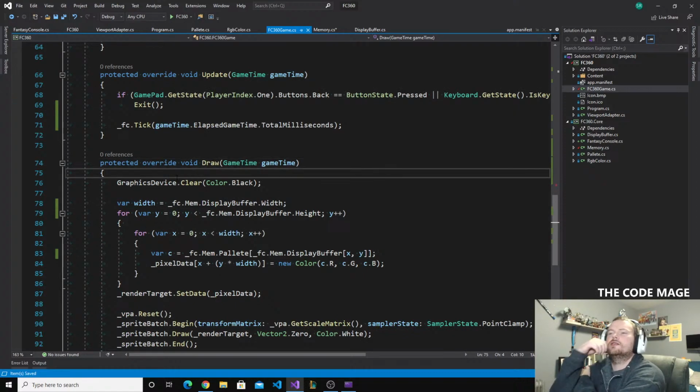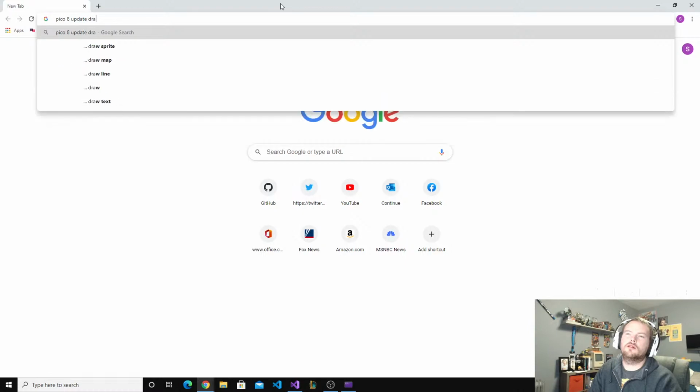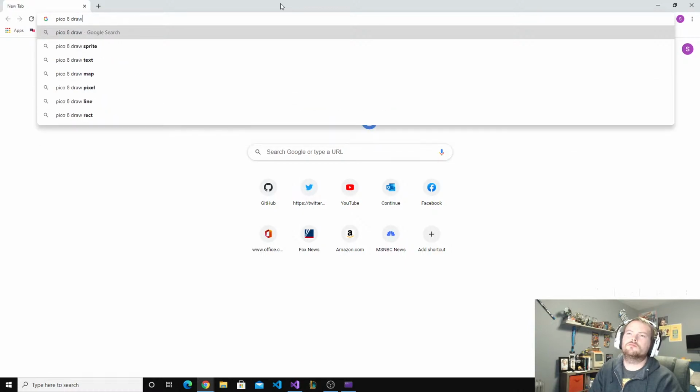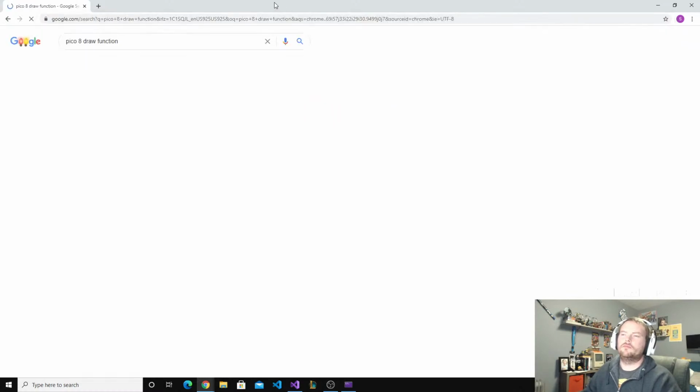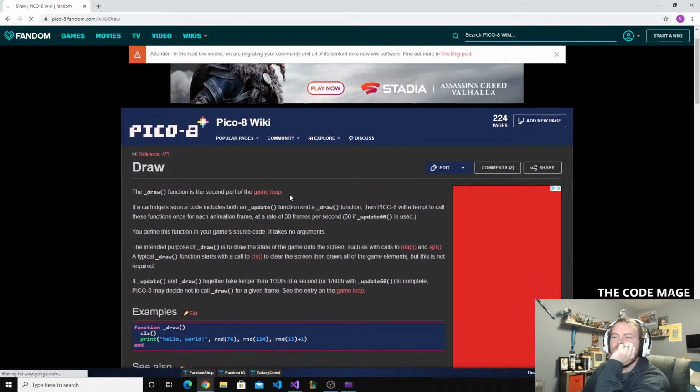Now the thing is, do we allow the user to do their own draw function, or is that in a single update function? So I'm not sure what they do in stuff like Pico 8. Yeah, so they build the game loop into it with update, draw, and that's basically the standard thing for